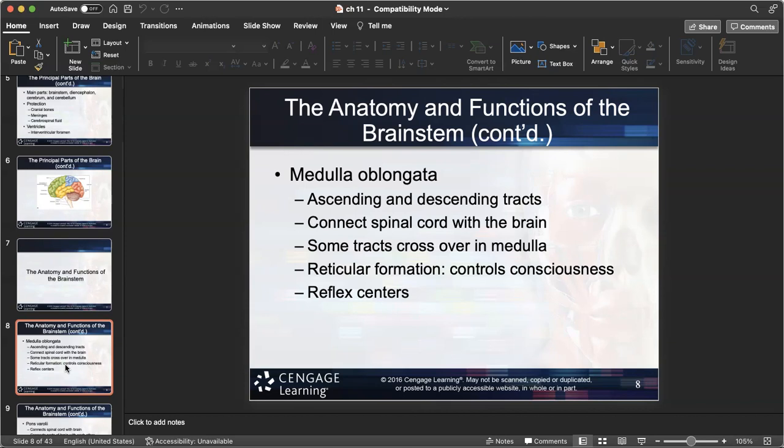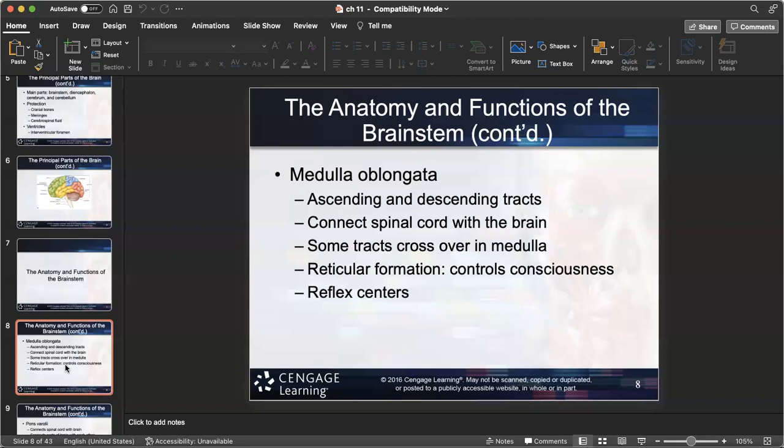There's a specific portion of the medulla oblongata known as the reticular formation. I bring this up because this is often referred to in the literature as well as studies. This is what we know to most control our sense of consciousness. There are many reflex centers that are also found in the medulla oblongata. And so one of the concerns that we have